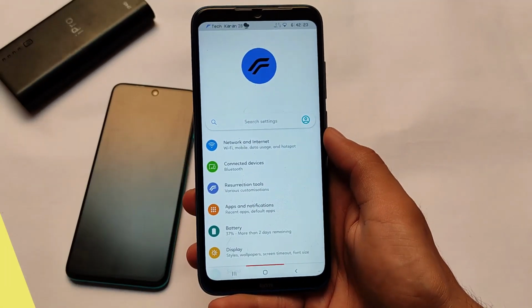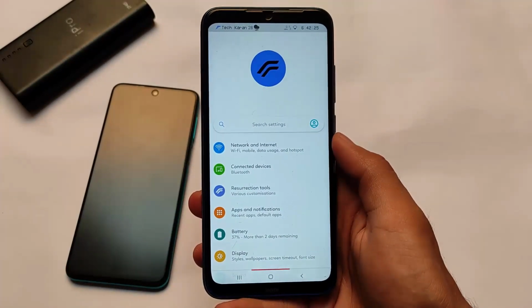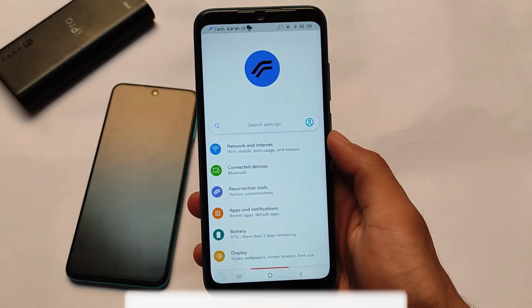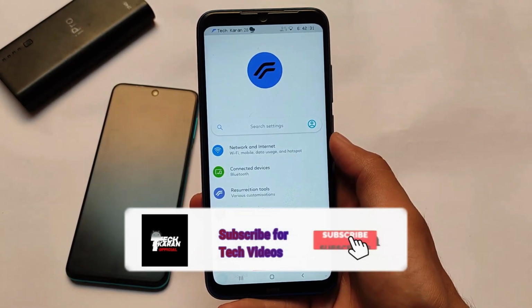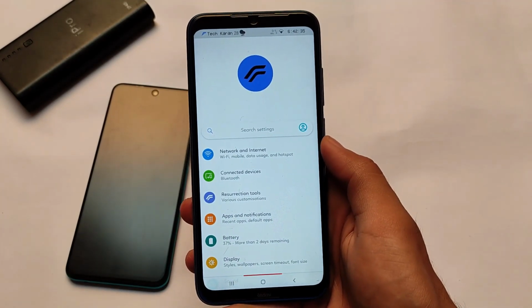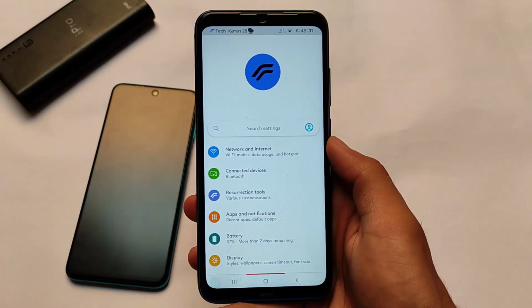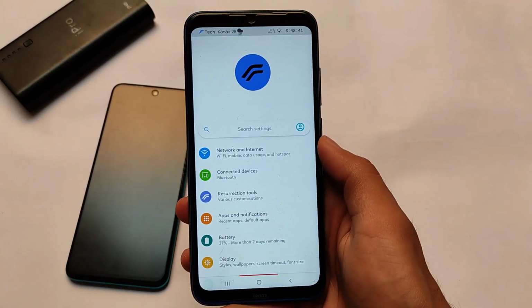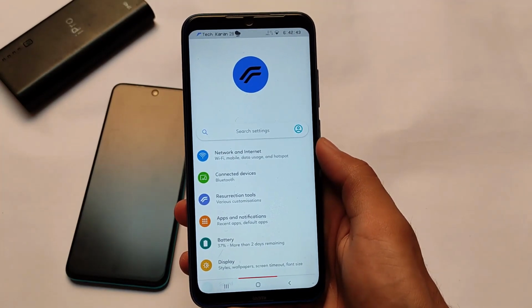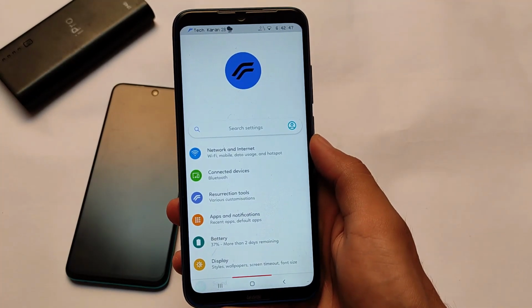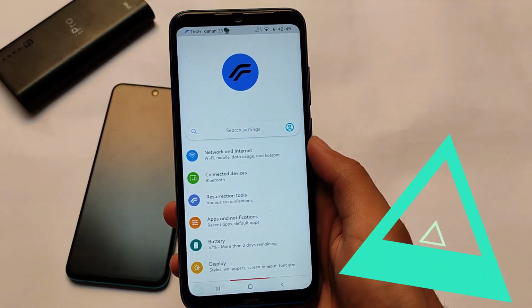So here comes the Resurrection Remix latest version 8.6.9, which I am using right now. I'm just gonna share with you some top cool new 6 features. Only these 6 features you get in Resurrection Remix. And let me confirm once that this is not a unique feature list. These are 6 features which I got to know after using Resurrection Remix, and they are actually quite good. Not every ROM has these features, so let's talk about all of them one by one.